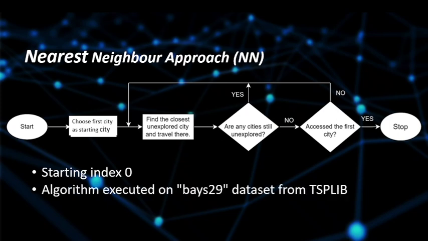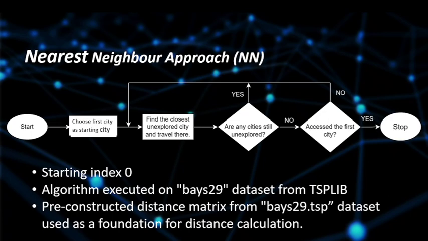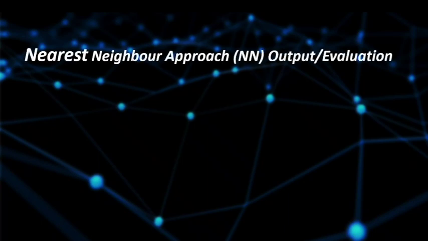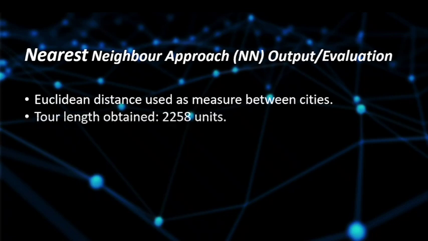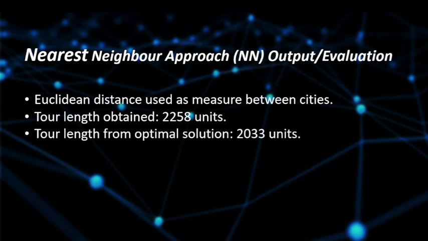The algorithm is executed on the base29 dataset from TSP lib. This dataset contains a pre-constructed distance matrix, which is used as a foundation for distance calculation. Let's move on to the output and evaluation part of the nearest neighbor algorithm. Euclidean distance is used as a measure between cities. After executing the nearest neighbor algorithm, the tour length obtained was observed to be 2258 units, which is very close